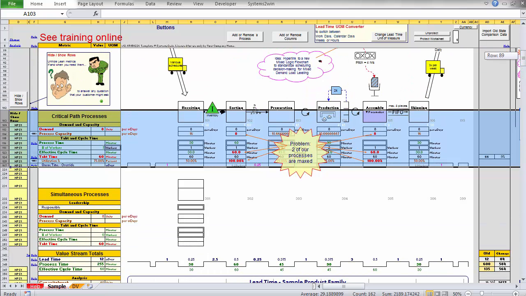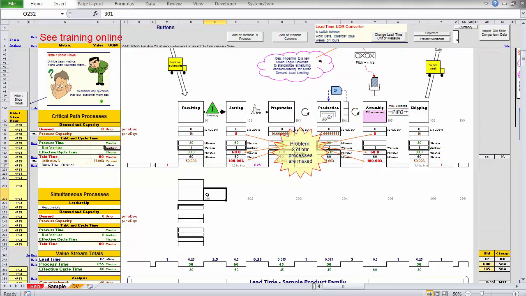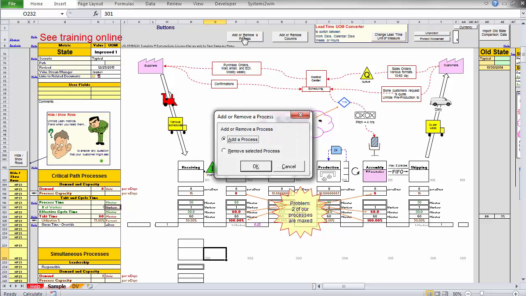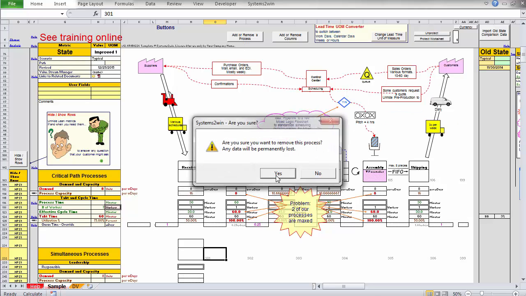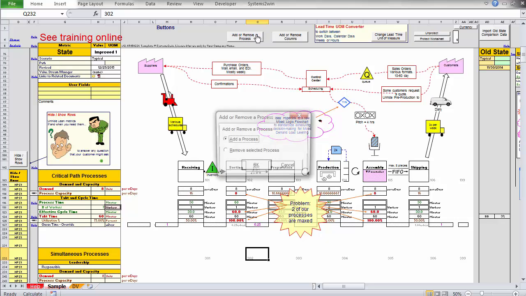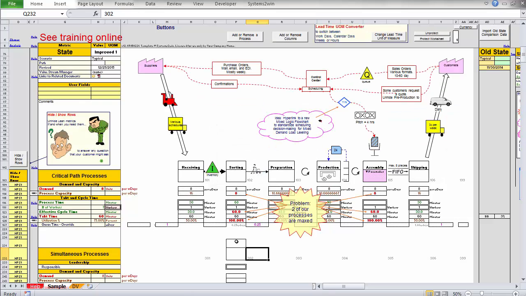So let's do that. Let's go ahead and get rid of, here's a blank one. This isn't where I needed it. I needed it here. Let's get rid of that blank one. That's just kind of there for show. So same idea, but now instead of removing the entire column, we're going to select that cell that has a gray number, and now we're going to add or remove just the process. And I'm going to remove that process. So then it got rid of it. So you say, I need one here. And you select the cell that's got the gray number, nothing else but a gray number, and go add or remove a process now. And now you can add a simultaneous process as easy as that.